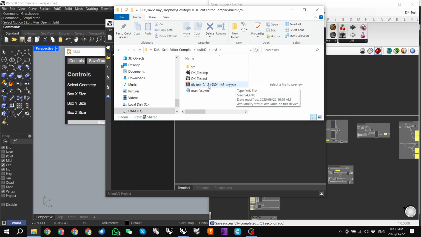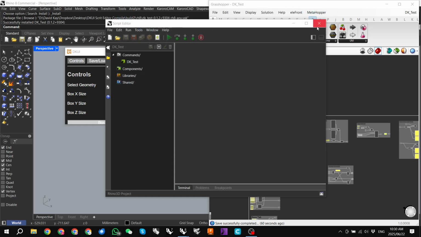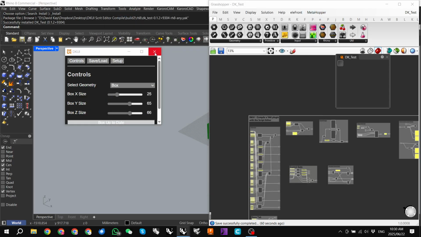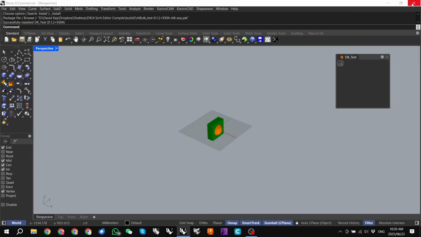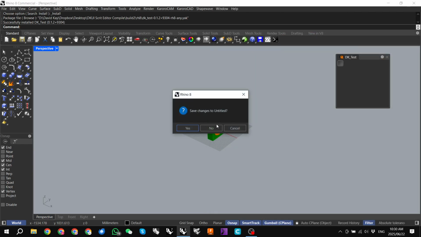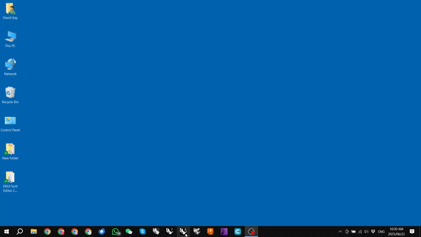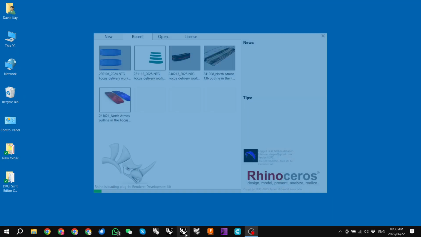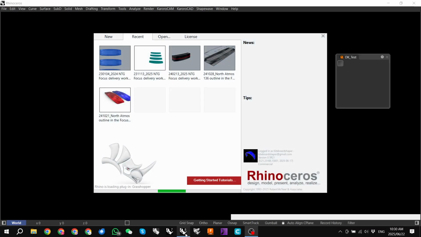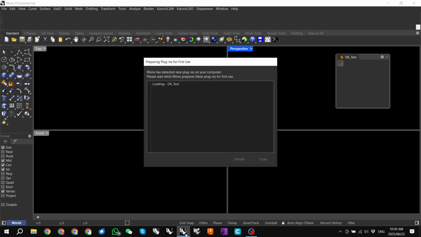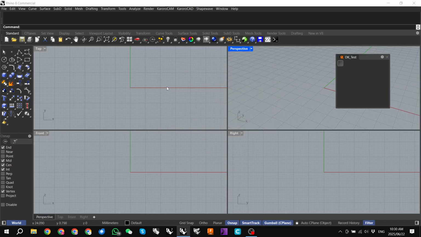We've got a new version here. I'm going to drop that into my Rhino, and we'll close all of this down and restart. So yeah, it is vitally important to tick that keep open after, or keep the script open,